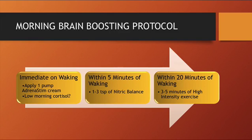We don't have to worry at this point about the core 4 model of those 4 different elements of warm up and strength piece and metabolic conditioning and then cool down. This could very simply be 3 to 5 minutes of jumping jacks, or 3 to 5 minutes of jump rope, or 3 to 5 minutes of some short, intense intervals on a treadmill or on a bike, or doing some burpees, anything at all. And the point here is to get the nutrients from the Adrenostem, if appropriate, and the